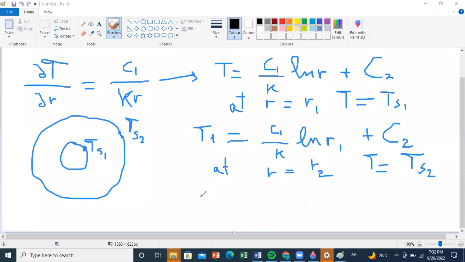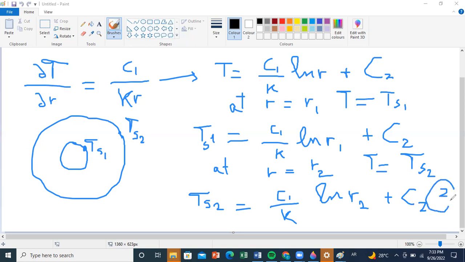So then we get that TS2 is equal to C1 over K times ln R2 plus C2. Now, since I am interested only in C1, I don't care for C2, I can just subtract equations